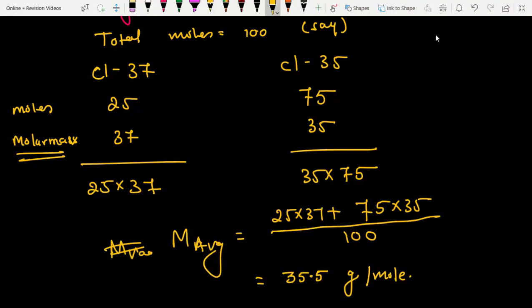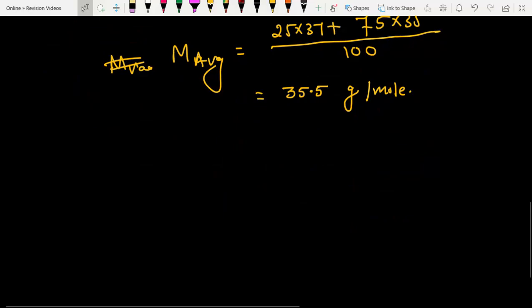the mixture. So what we are doing here is assigning number of moles based on our assumption, and we know that molar mass is the mass of 1 mole of substance. So even if you take 1 mole of total sample, the average molar mass is not going to change. So you can take anything. Instead of 100, I would have taken 10. So if you take 10 instead of 100, this will become 2.5 and this will become 7.5, right? So similarly, the moles will change. If you change total moles, individual moles will also change. That you have to take into consideration.